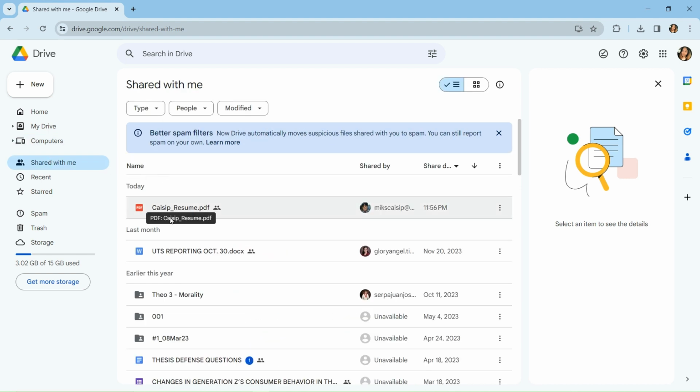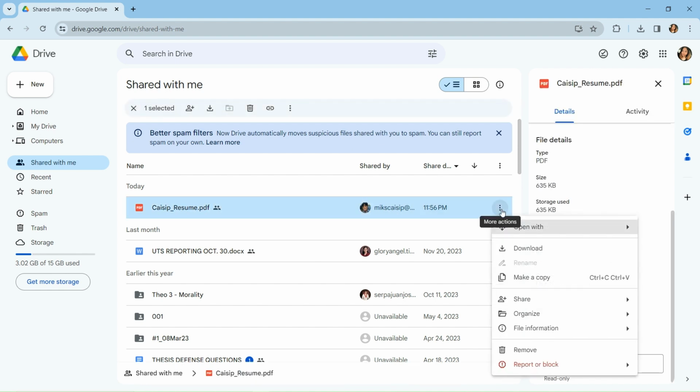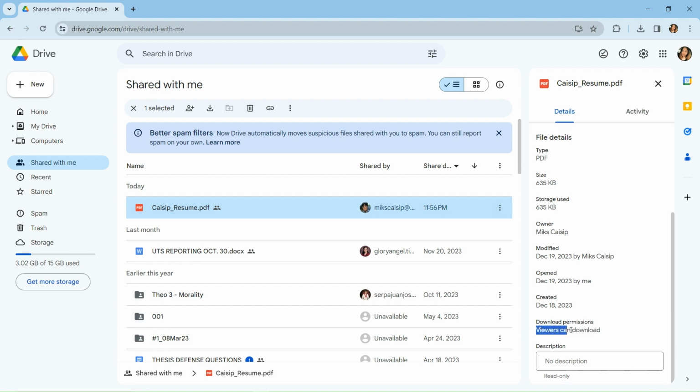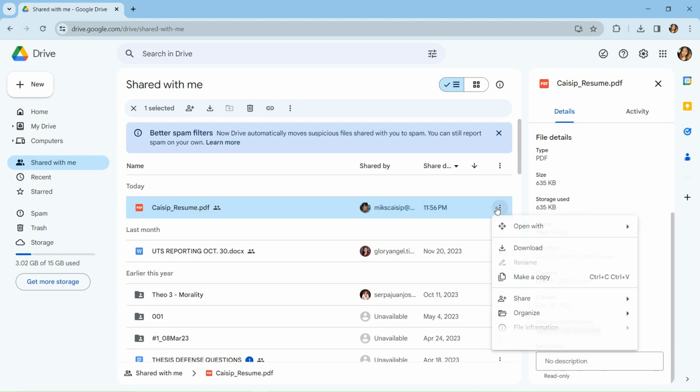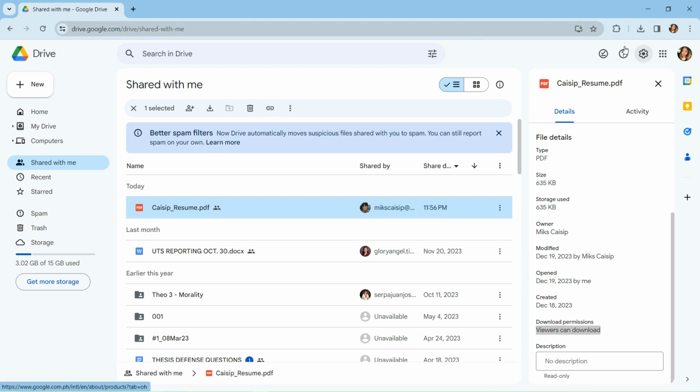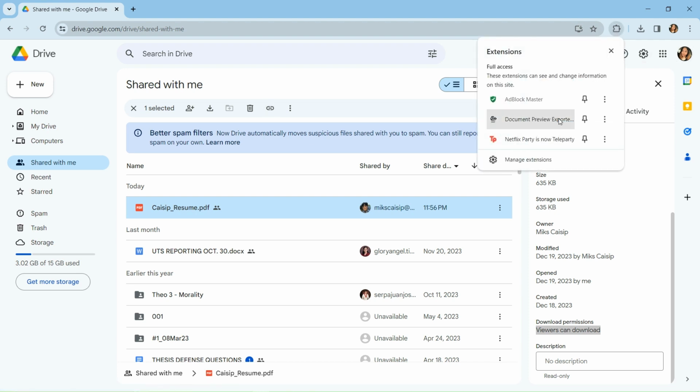As you can see, this is the one that I have shared on this account, and it says here that viewers can download and then open, and then there you have the download button. But if you do not have it, go to the manage extension and just download this,